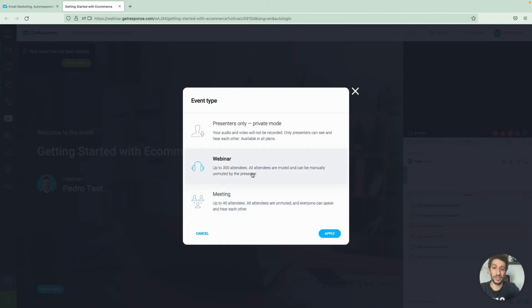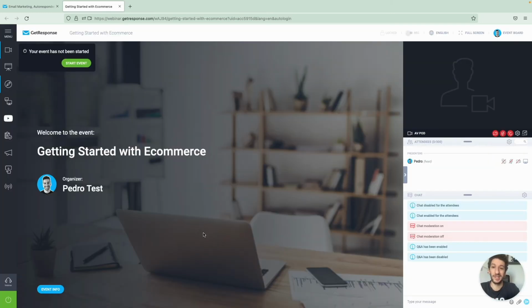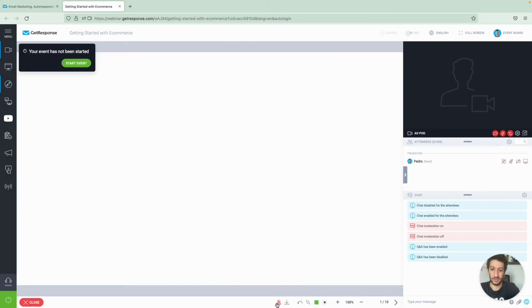Here you have a presenter, and right here it's more for discussion. And once you decide which one you want to use, just make sure that when you are using the whiteboard, you understand that collaboration is up to 25 attendees max. So if you have more, it won't work properly.